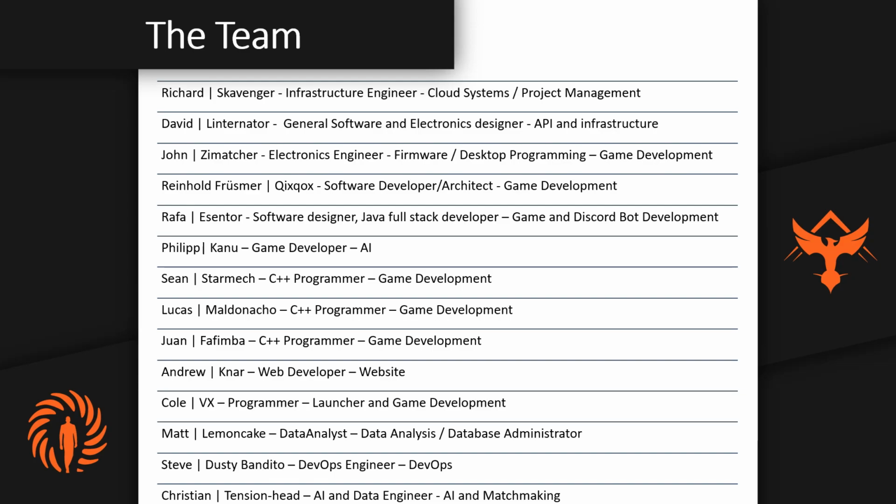Okay, so we've got Cole of VX. He's a general programmer, does various other bits and pieces. I can't remember what he actually does as a job now. It's kind of slipped my mind. But essentially, he's working on our launcher primarily at the moment. He's also able to work in UE4, but we need to get that launcher working for